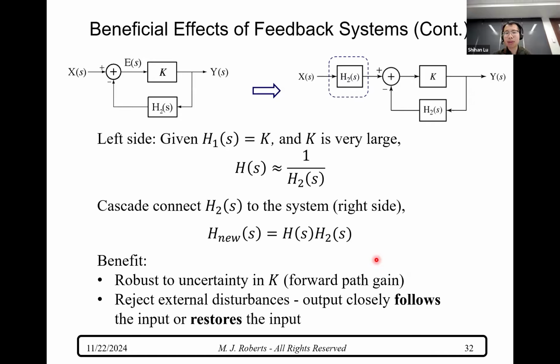For cascades, if those two are connected in sequence, you just do the multiplication: H2 of S times H of S,